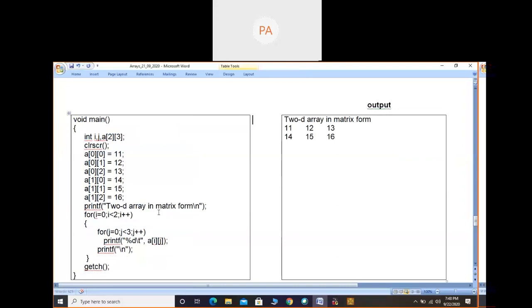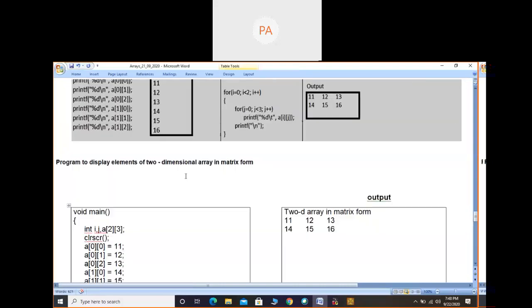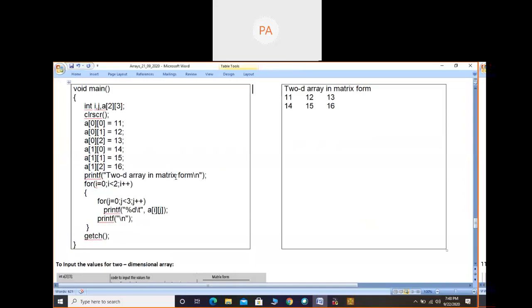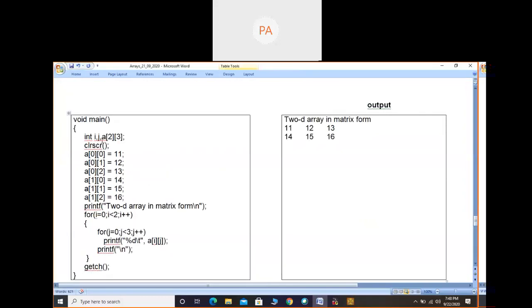So the same example I have made as a program, that's all, by adding the main function. So int declaration is there for i and j and for a. Here I have taken 2 3. Instead of 2 3 you can take 10 and 10, that means maximum 10 rows 10 columns we can store. Sorry, here we cannot take that because I have not given the option for the user to enter. In the next example, it is there. So here I will take a of 2 3 so that two rows 3 columns elements you can enter.